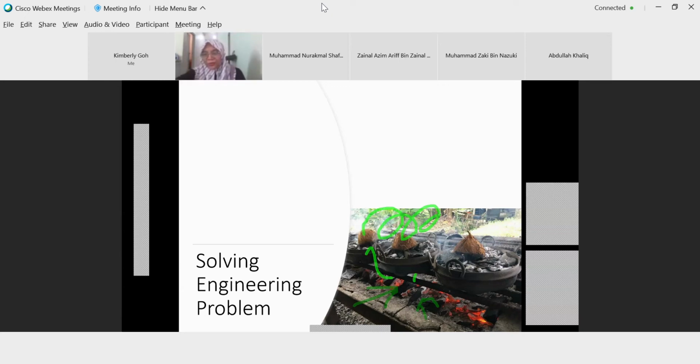Looks dangerous also. You have to move this coal on top by hand. It's not safe. What else? Tedious. Yes, true. You have to set the coal, everything. Harm to environment. Yes, harm to environment.